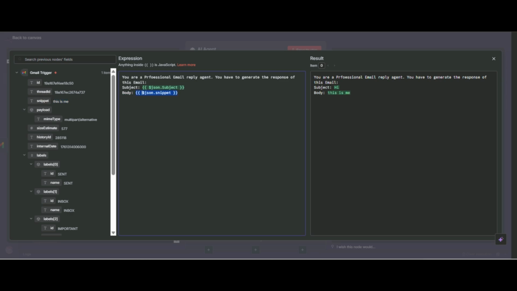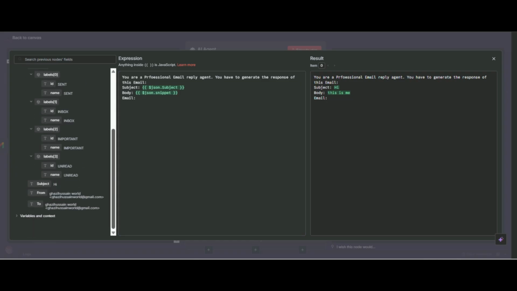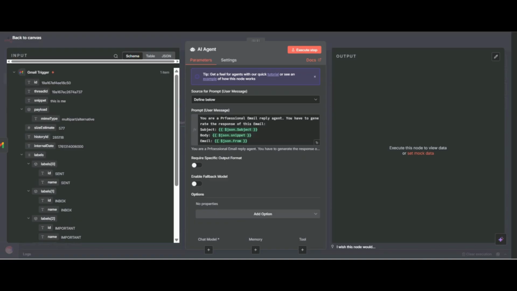I'll drag it, and now we have to give the email, because sometimes in the email body and subject the username has not been written. So we give the reply to the AI to understand, and it will generate a human-like response using their own name, so it will create an impact.